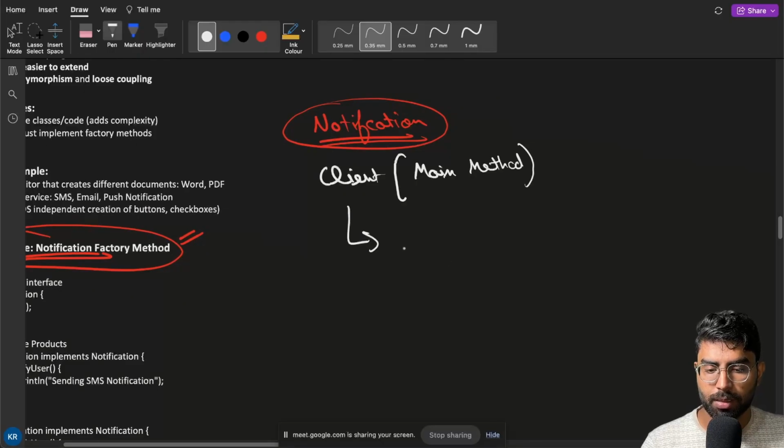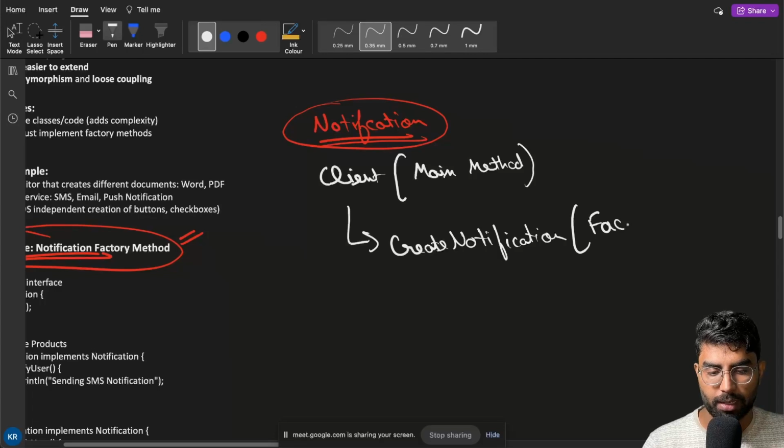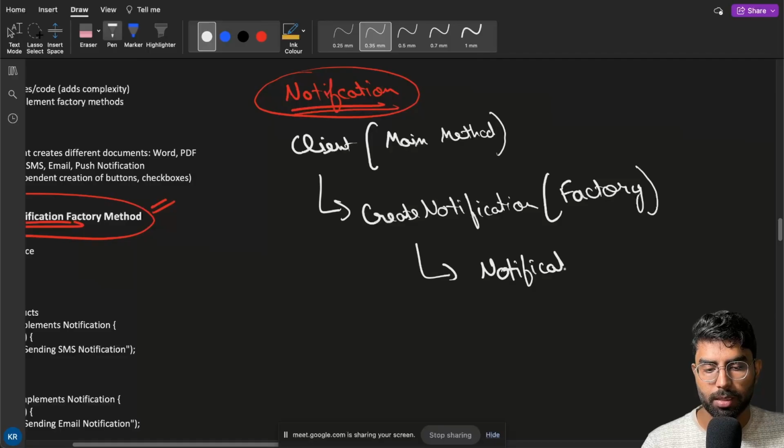Let's say, create notification in between. Okay, so we will be calling this create notification to create a notification, right? So this is what the factory is. Okay, and after this it will be calling this notification. Notification, the main method, the main product,